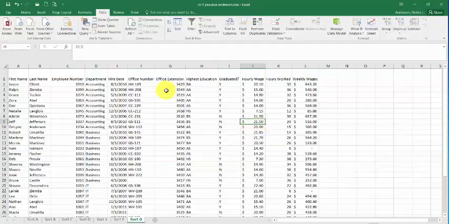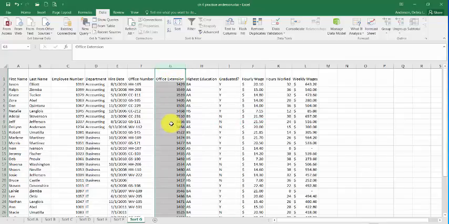If you're using an older version of Excel, make sure you don't select a column, because if you select a column in an older version of Excel, it will sort that column but not sort the entire record. What you want to do is sort the record, so the record goes up or down depending on the sort. If you select this column, that will sort this column, and this column's information will not be connected to this person anymore. So right now 3429 is connected to Elliot, but if you sort the column, then 3429